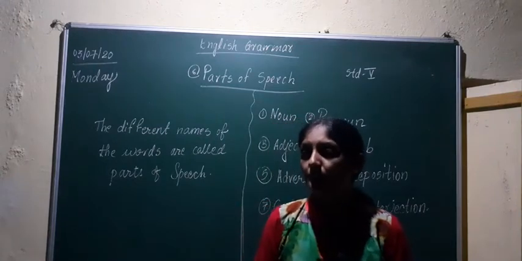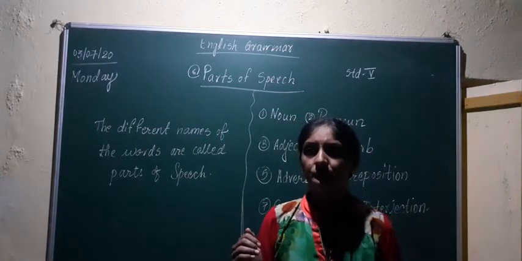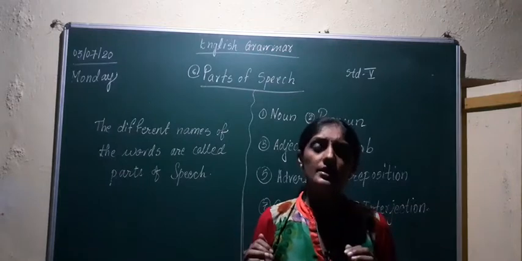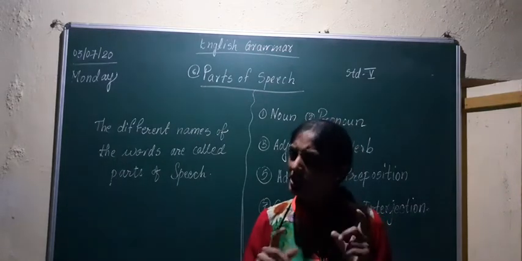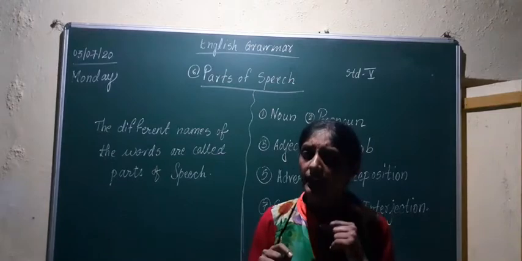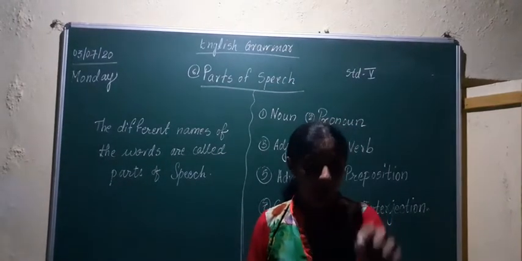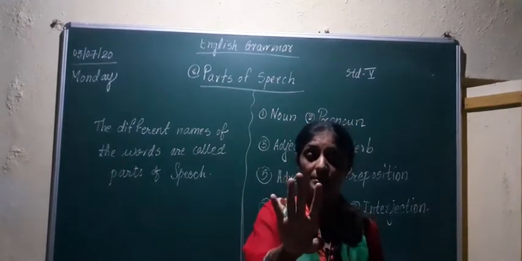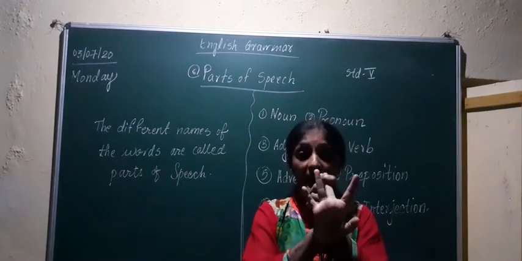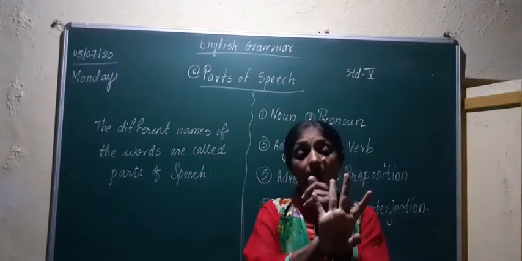If I will say, for example, students are playing on the ground. Now what action are they doing? They are doing action of playing. So playing is what? Playing is verb, and verb is in 4 forms: play, played, played, playing.